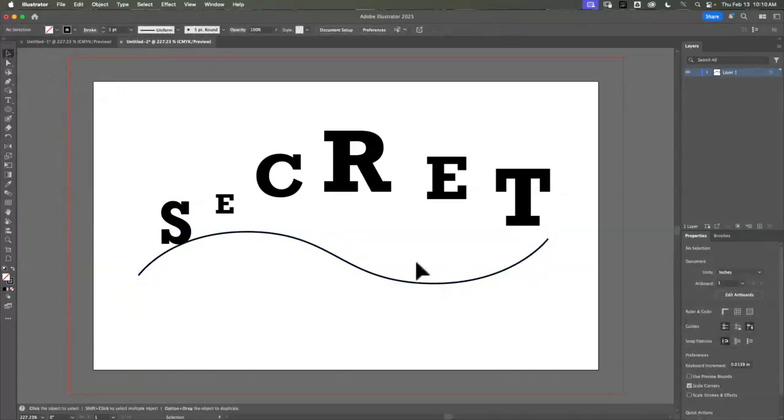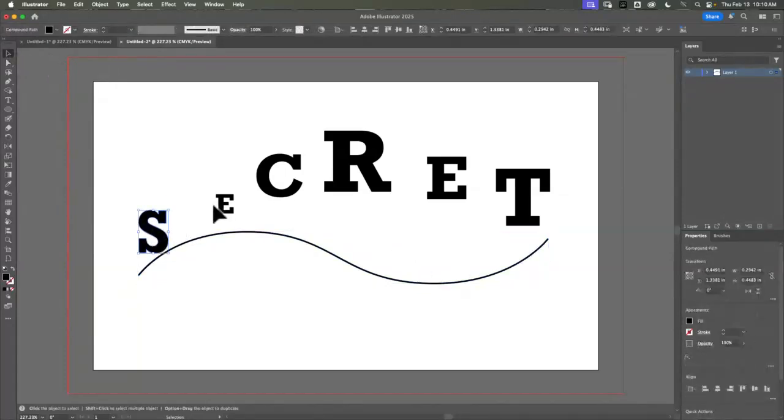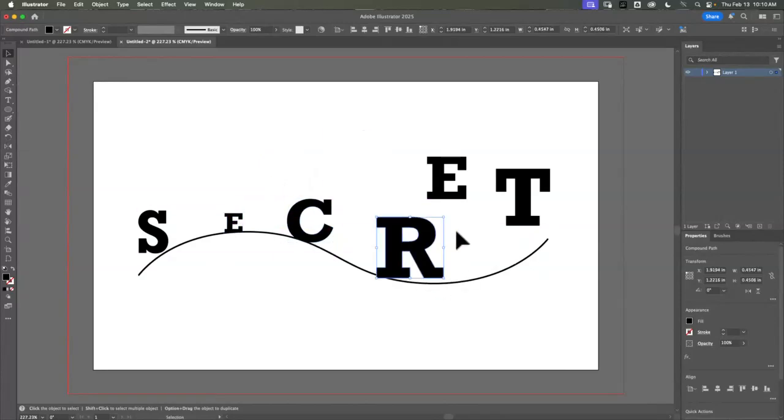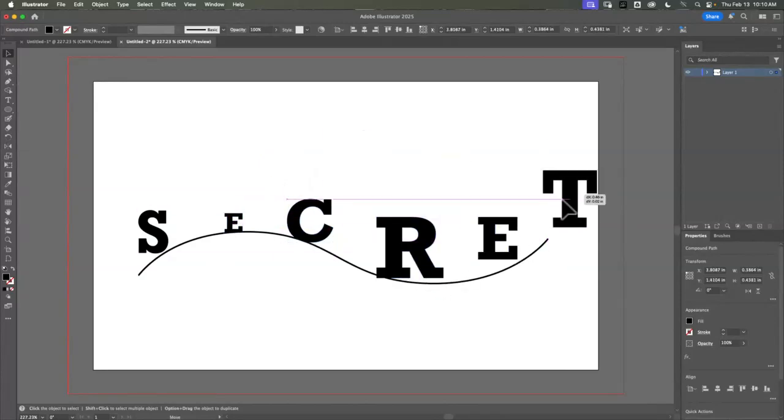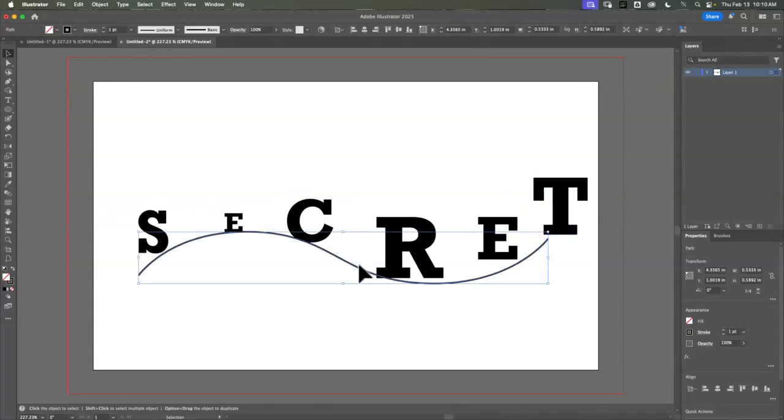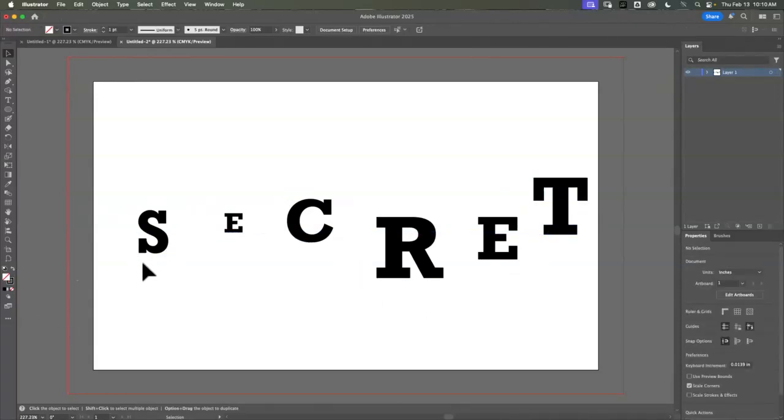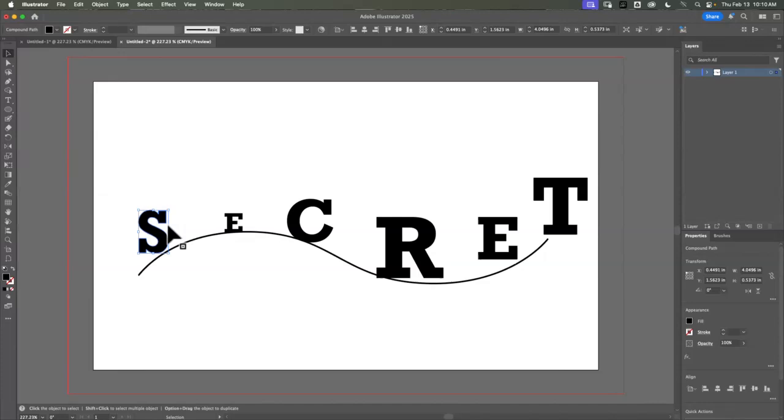But even like that, I'd be like, okay, now the S will go here, the E will go here, the C will go here, the R will go here, the E will go here, and the T will go here, and then I delete that. But I know I used a baseline to help me figure out how I want my letters. Or I could even say, okay, I'm going to do it like this, and I'm going to make sure the base is in line with the angle of that curve